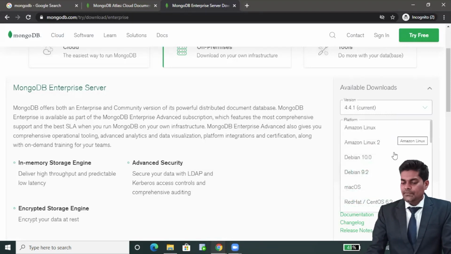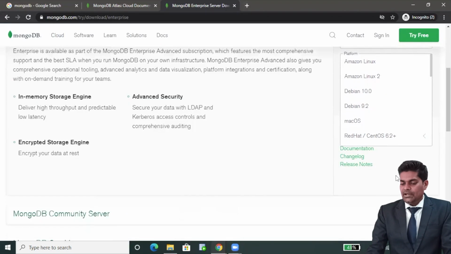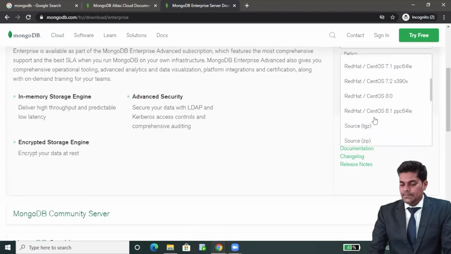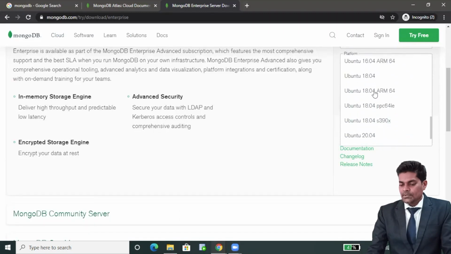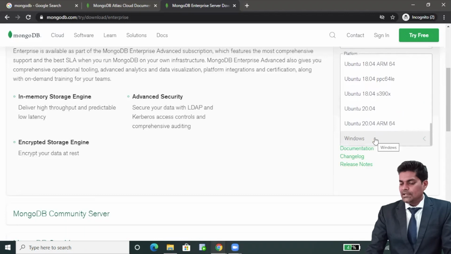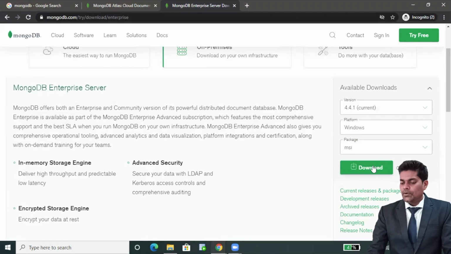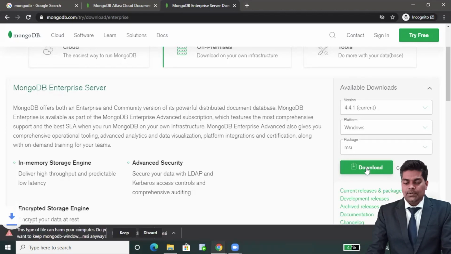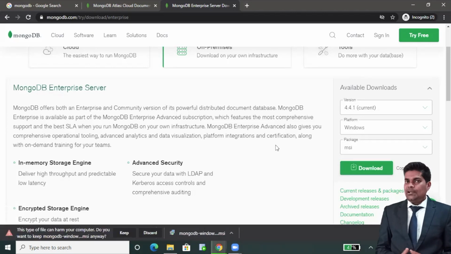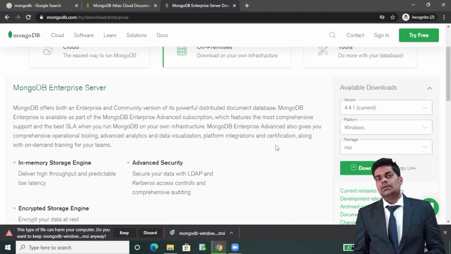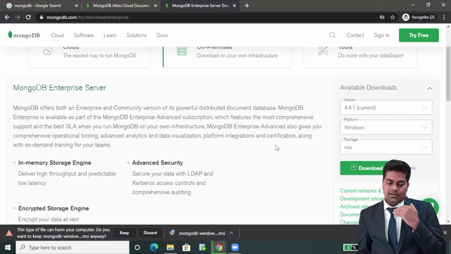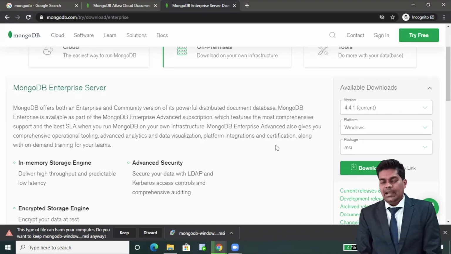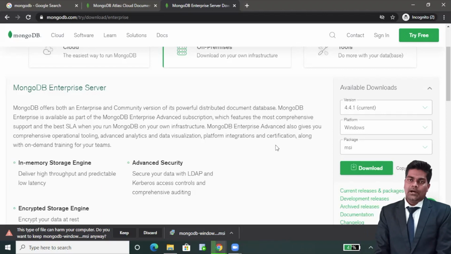Then here we have multiple platforms like Mac OS, Red Hat, CentOS, and Windows OS. So let's click on Windows OS, then click on download. As soon as we click on download, you will get a pop-up to enter all the information. So you can enter the information and then you will be able to download.